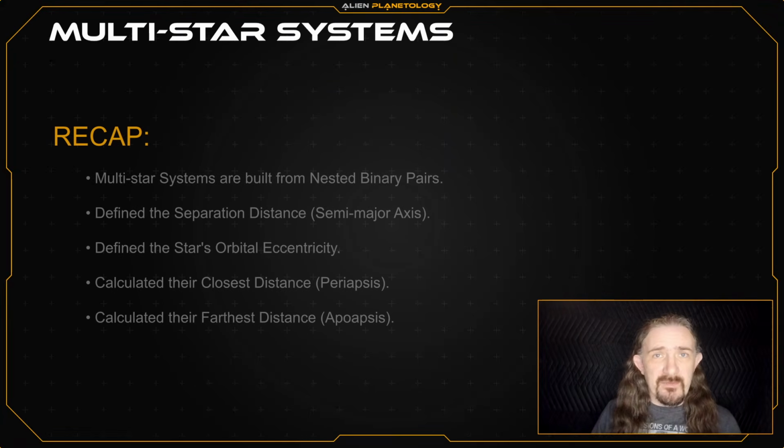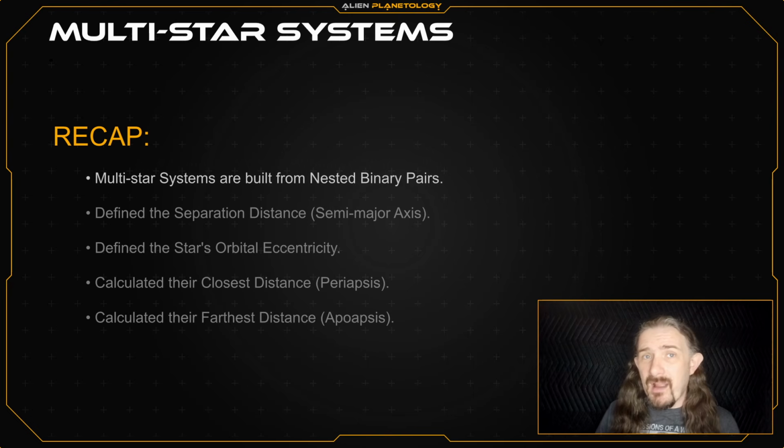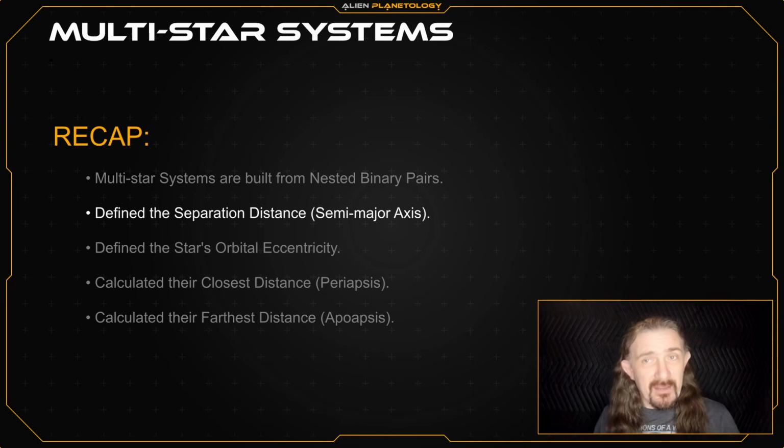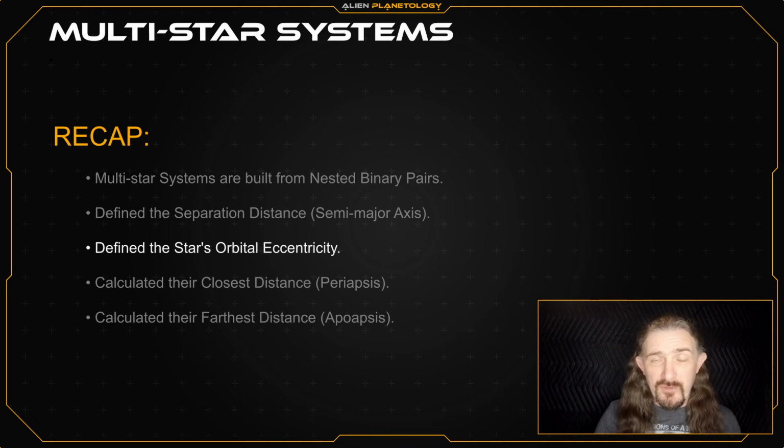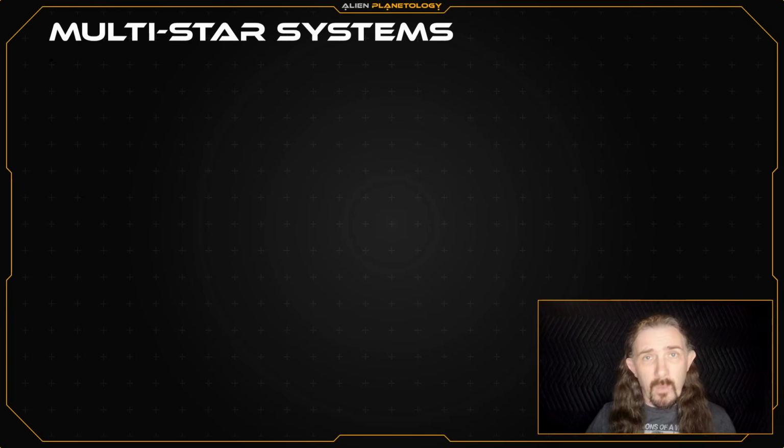In part 1 of this video, we discussed the nature of multi-star systems and how they are divided into nested binary stars. We then learned how to define their separation distance, or semi-major axis, as well as their eccentricity, which then allowed us to calculate their periapsis and apoapsis, that is, their closest and farthest distances from one another, respectively. In this video, we'll be adding a third star into the mix and learn how to define its orientation relative